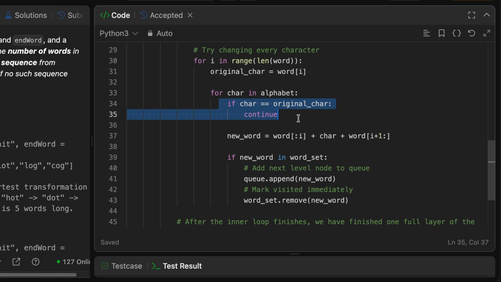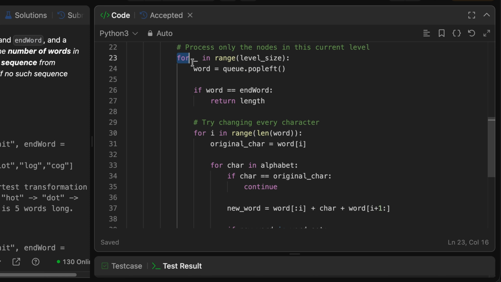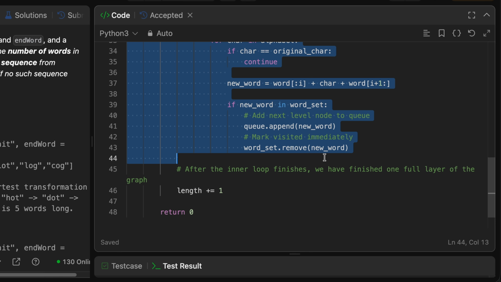Now here this condition checks if this particular character from the alphabet string is basically equal to the original character. If it is equal, that means we actually got the same word again, so we are simply going to continue in that case. And once this outer loop is done, we have gone through all the words in the current